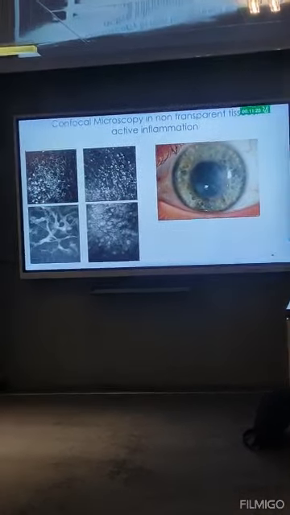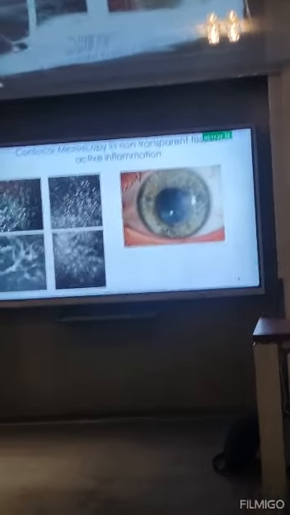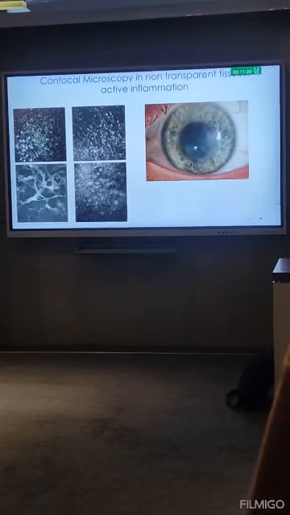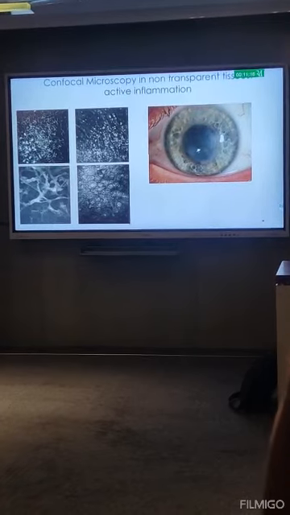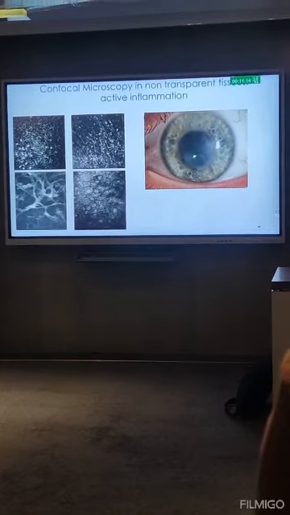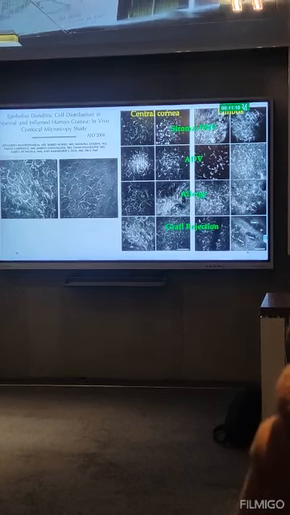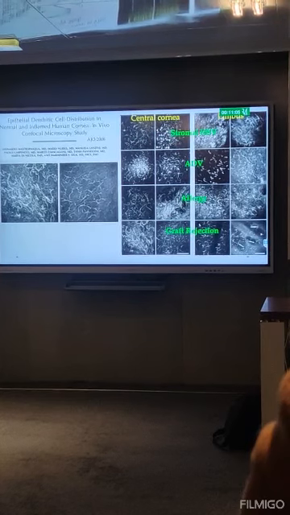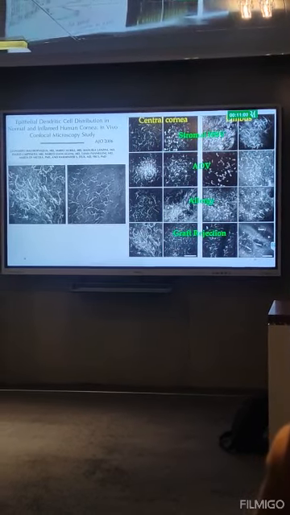So you would not do any kind of surgery if you still see invasion by inflammatory cells in the stroma, edema with activated keratocytes, or a lot of dendritic cells in the subbasal layer. And if you see these cells, these dendritic cells, which are antigen-presenting cells, they can be resident, but only up to a certain level of density. If you find a lot of